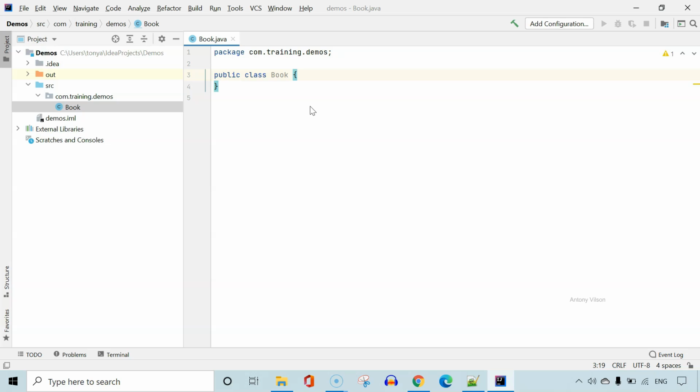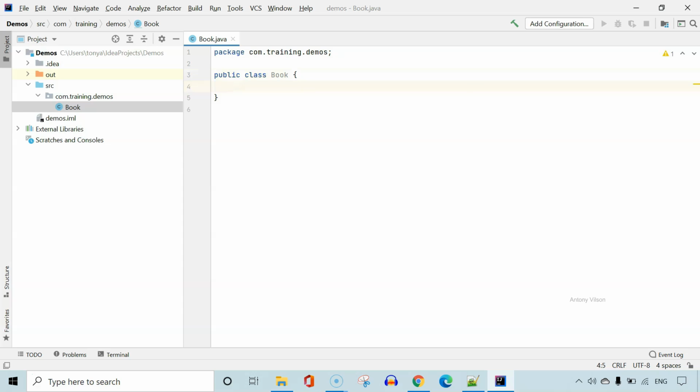Now what is next? This book object must mean something. So let's create some attributes. A book has an ISBN number. A book has an author. What we are trying to achieve using a book object, we can bring as attributes to that object. To create attributes, we can use variables inside this book object. So let's create some attributes of the book.